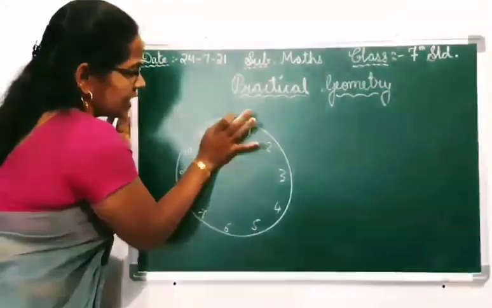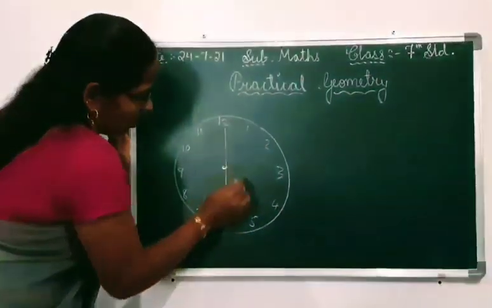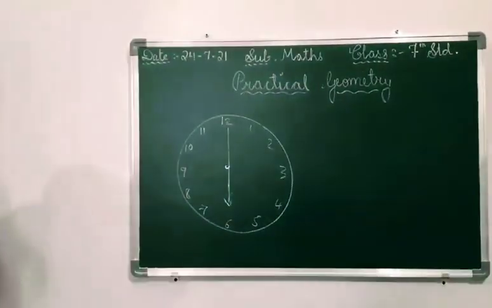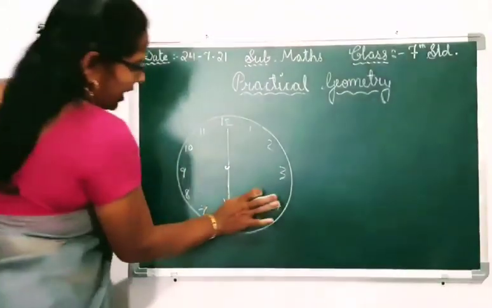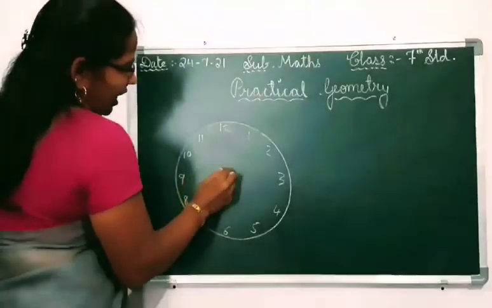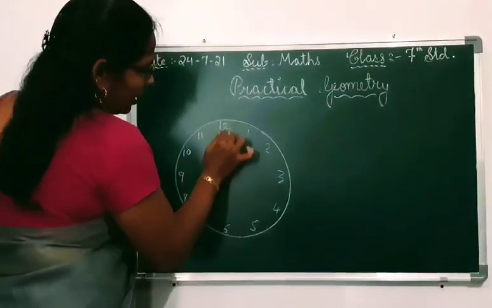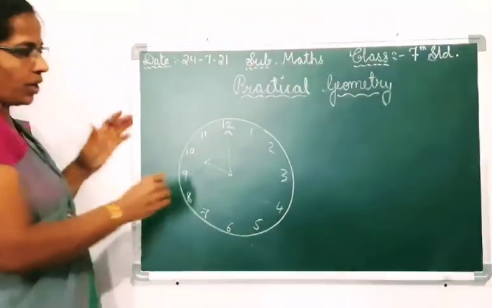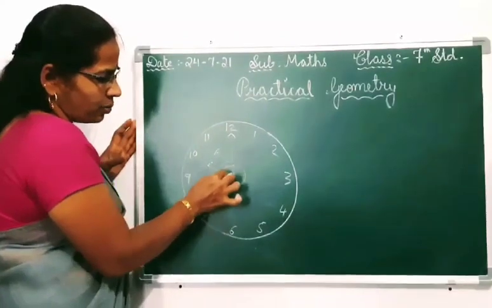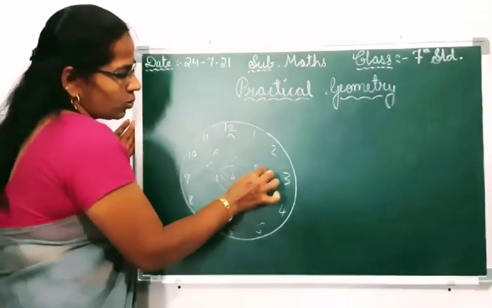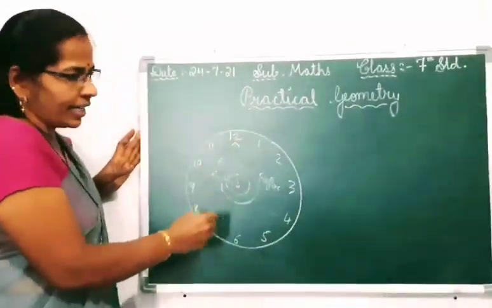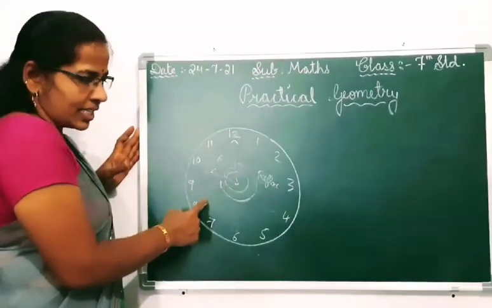Then next one is a straight angle. See children. Okay, these are known. 6 o'clock. Yes, 6 o'clock. It shows a straight angle. Then next one is a reflex angle. Okay, if we are showing 10 o'clock here, see here two angles are forming. One is an acute angle. Then one more angle also you can observe. Okay, then this is known as what? A reflex angle, because it measures more than 180 degree and less than 360 degree.